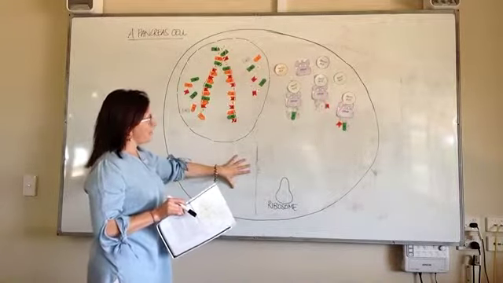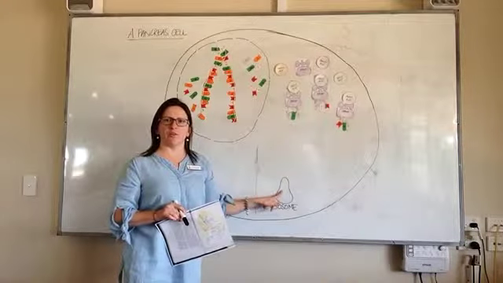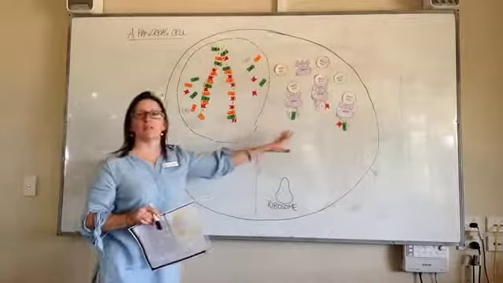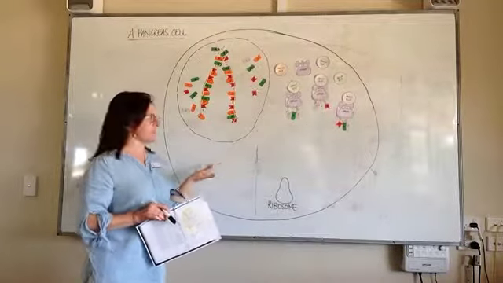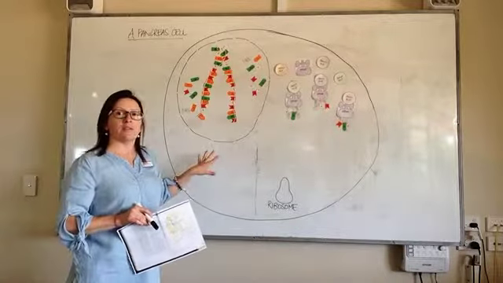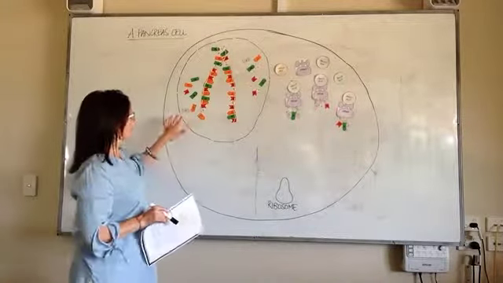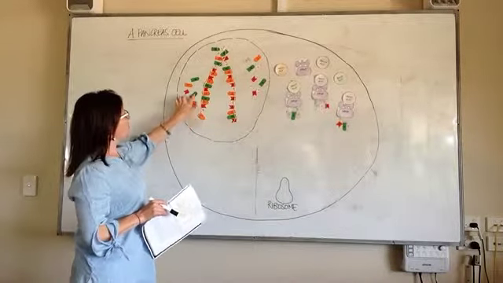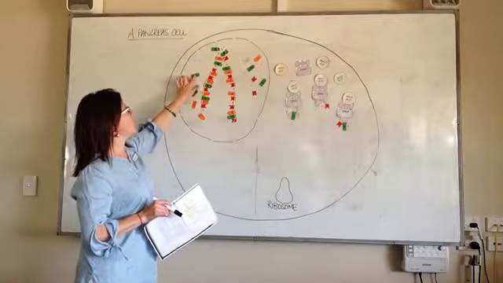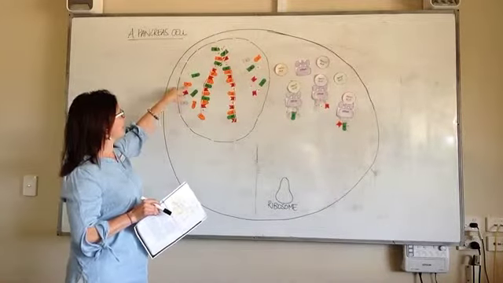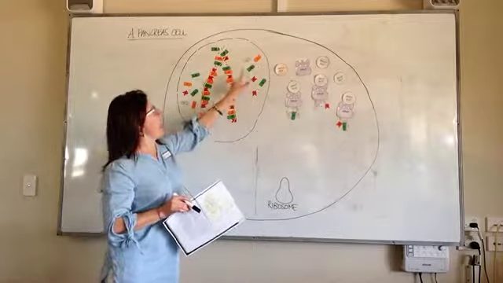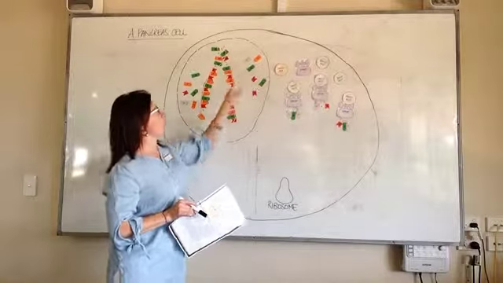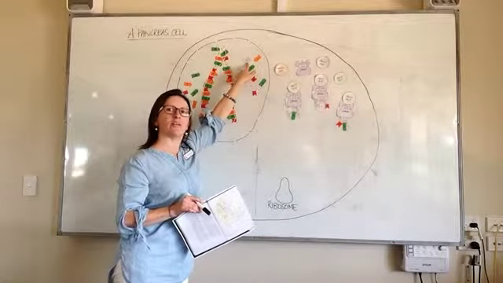We have the cytoplasm, and for simplicity I have drawn the cell with only one ribosome. However, in actual fact there could be thousands or millions of ribosomes throughout the cell, so this is a limitation of the model. Something else important to consider is in the nucleus, as well as the large DNA molecule, we also have individually floating free nucleotides of A, T, G, C and U. So we have adenine, guanine, cytosine, thymine, but also uracil, which we'll come back to later when we talk about